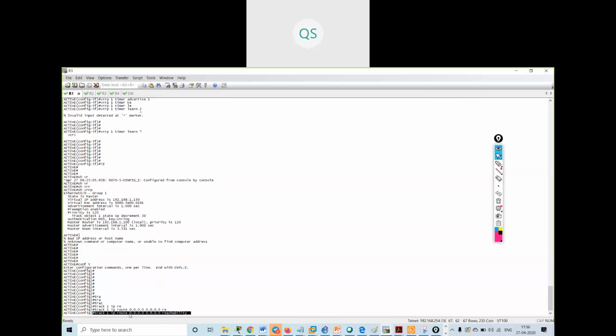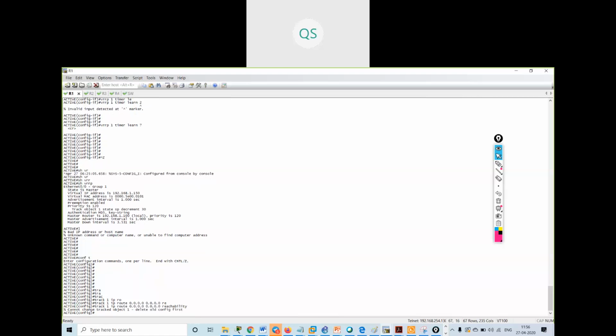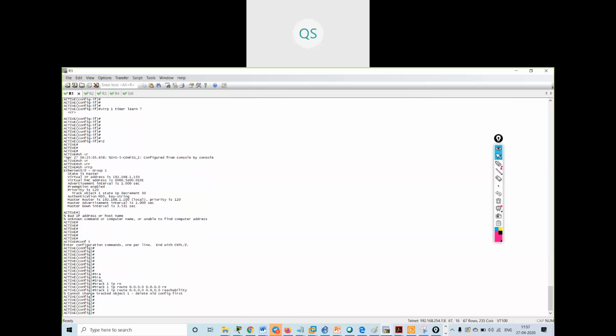If the default route goes down, if the default route is not working, then it will move to the standby. See, it says cannot change track object 1, delete old config first. So first we have to delete that old config, then only we can get this configuration. This will be the configuration if you want to track the default route.